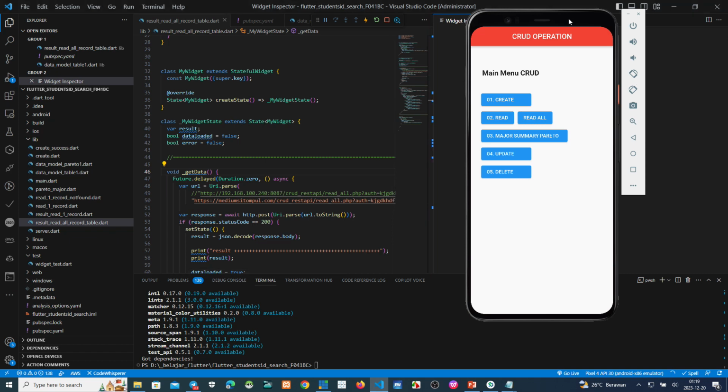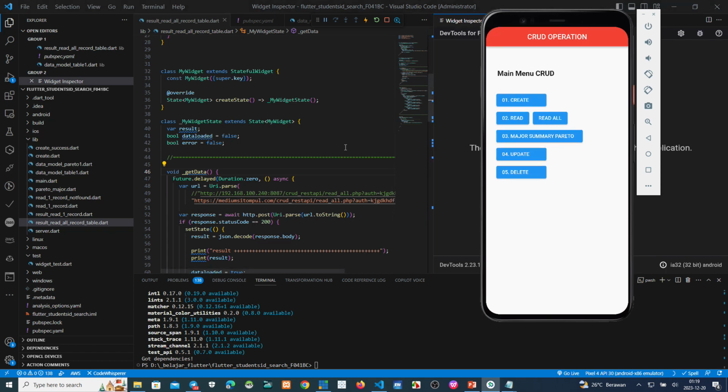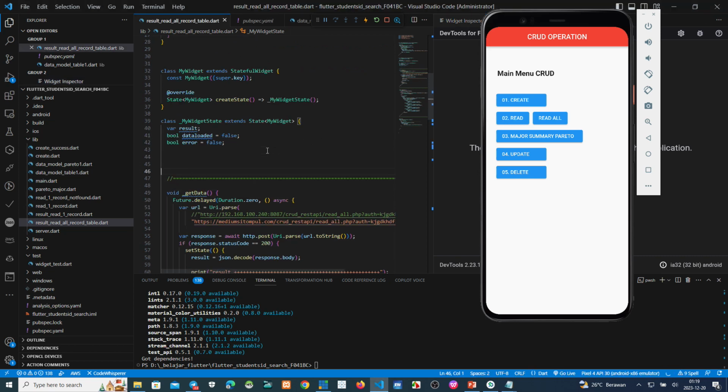Okay, I think we must complete this script. Okay, this one. This class or this function we must run before the initiate program. Init, click here.